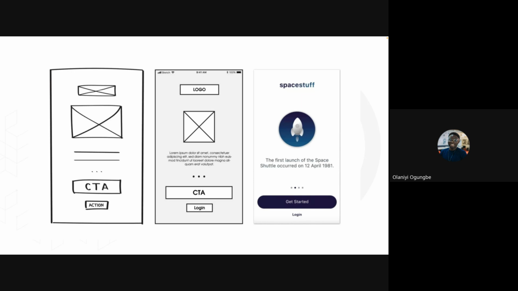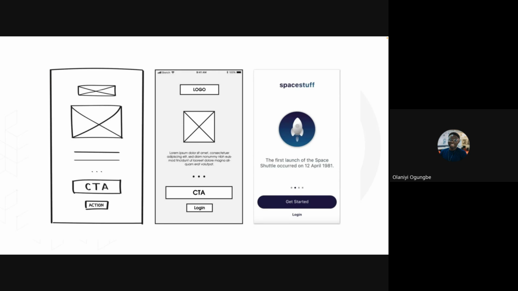So any sketch, any idea that we just do using maybe a pen and paper, a rough sketch that does not look anything like the actual final product itself, or has just dashes, small boxes or circles all around, just to show where things would be on the product, is regarded as a low fidelity wireframe. Do you guys understand?